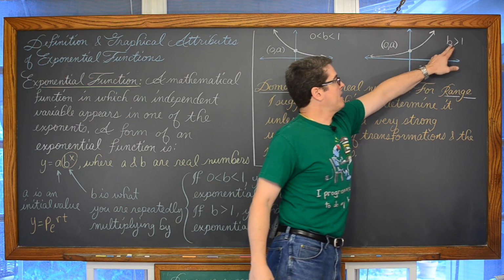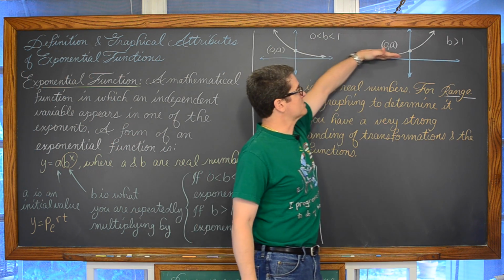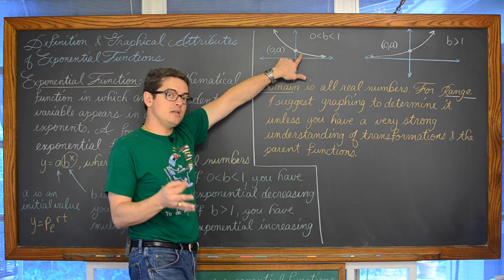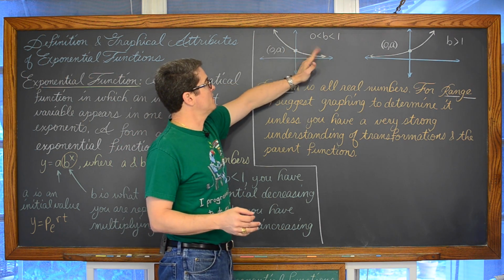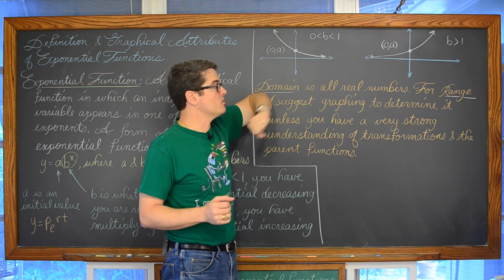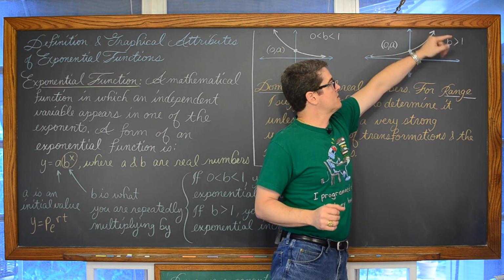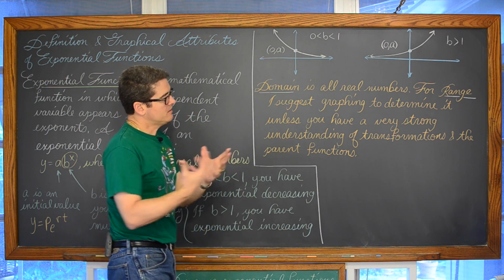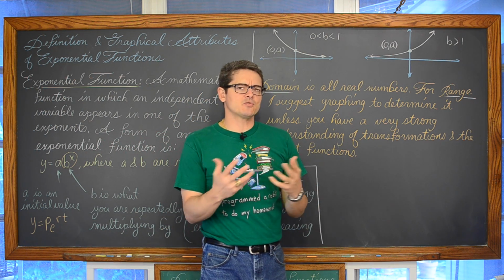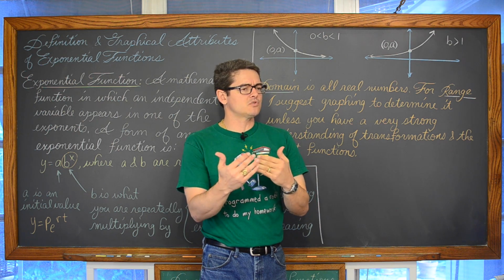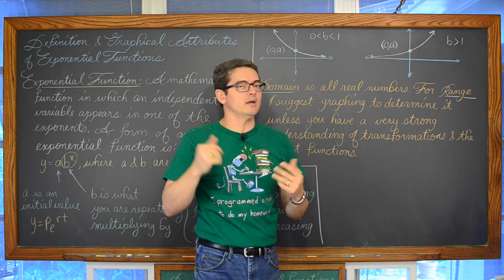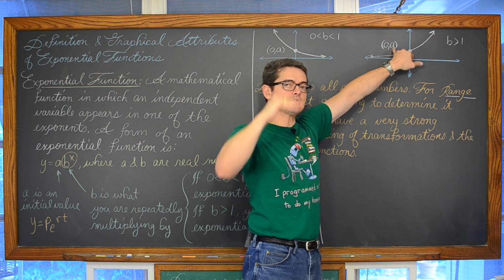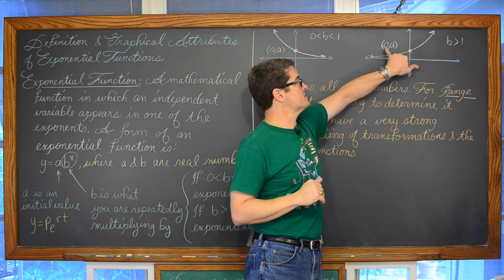And then if b is greater than 1, then we have a graph which is going up to the right. And by the way, this is going to be called monotonic decreasing, because as x increases, the y value never stops decreasing. And this is going to be monotonic increasing, because that base is going to be greater than 1. And assuming there are no other transformations, and there are more transformations than just moving the graph up and down, by the way, if you don't have any transformations like a horizontal transformation or a vertical shift, that point again is going to be 0, a.